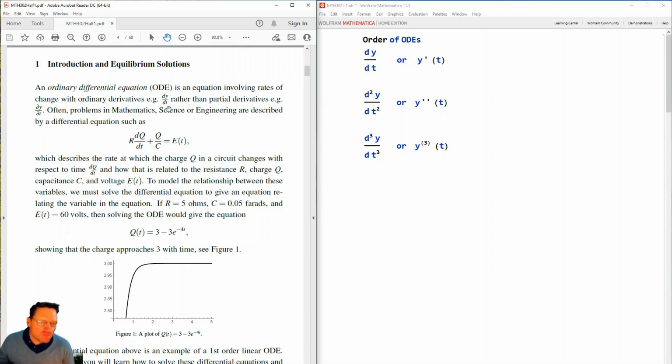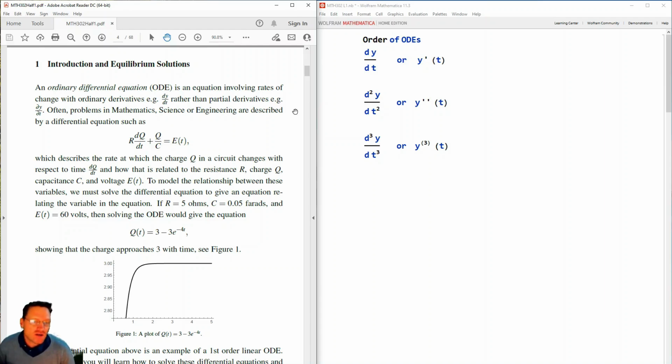So in the first half, we'll be mostly interested in ordinary derivatives and equations involving them, so ODEs. Often problems in mathematics, science, engineering, and it doesn't stop there, right? Chemistry, biology, even economics,